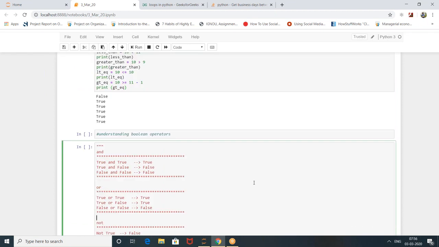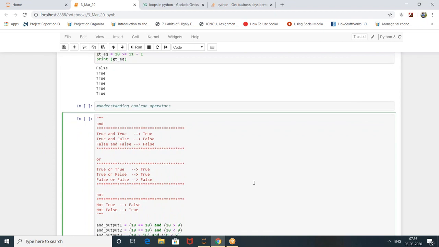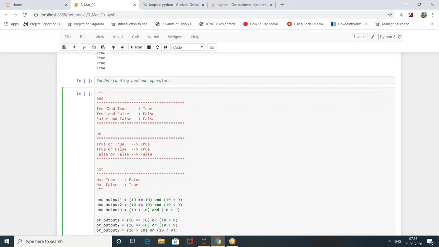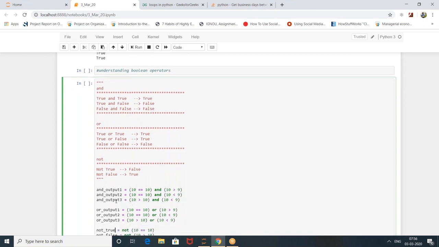You might have seen this in your 10th standard sets and operations. This is called the AND operator. This is called the OR operator. This is the NOT operator. True and true is true. With the AND operator, only when both are true is it true. If any of them is false, then it is false. The OR operator is only false when both are false. Not of true is false. Not of false is true. Okay. How to write that in Python?